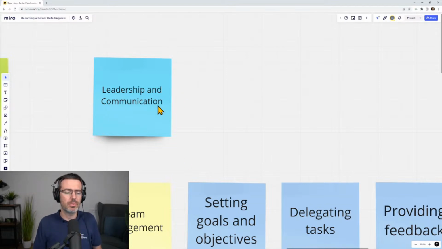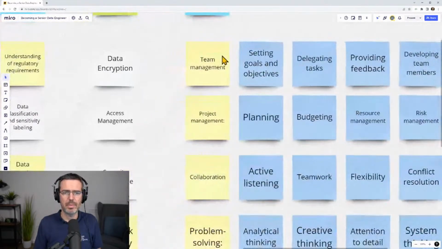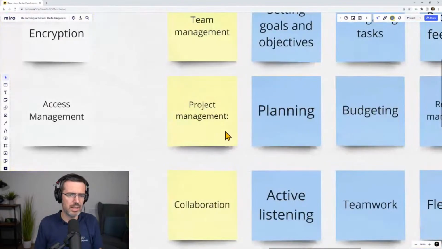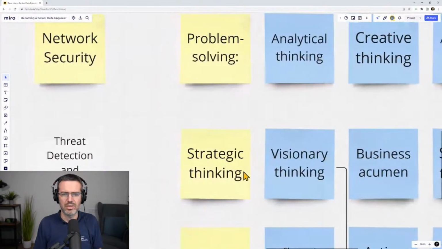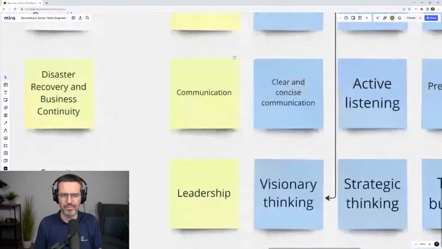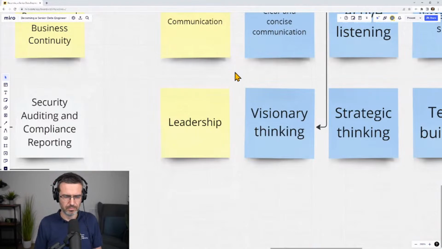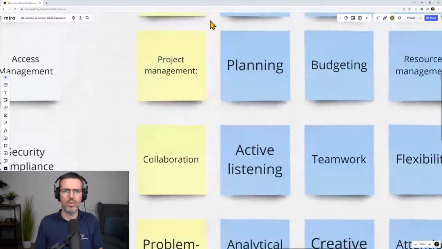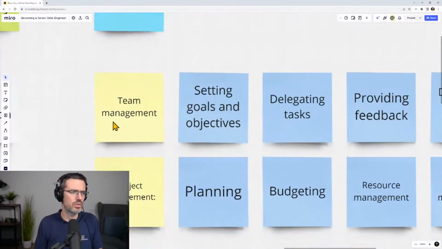So leadership and communication is a super important topic. In this topic, we have a few subtopics: team management, project management, collaboration, problem solving, strategic thinking, communication, and leadership. These are all the important topics that we're going to touch on today.